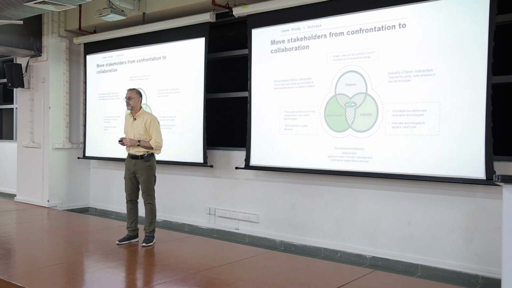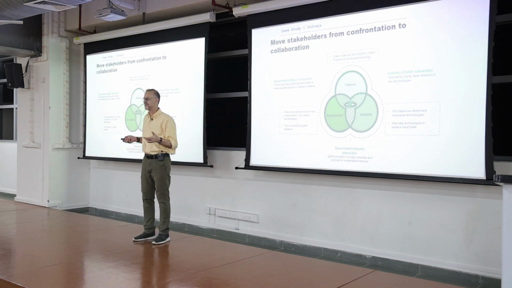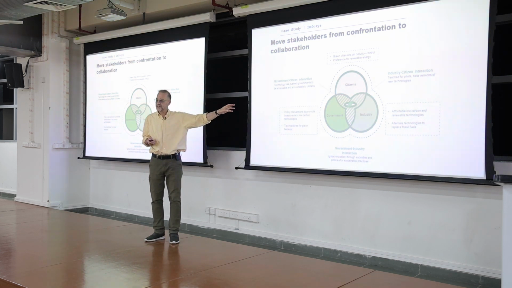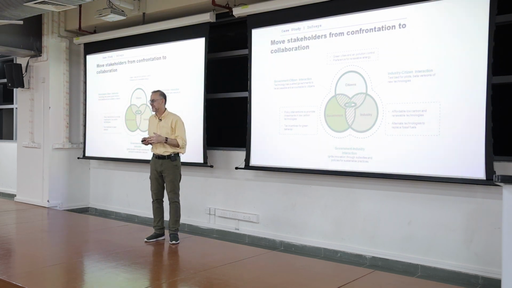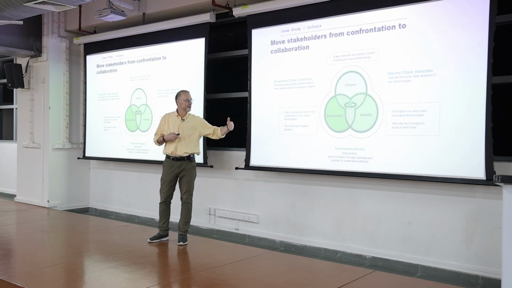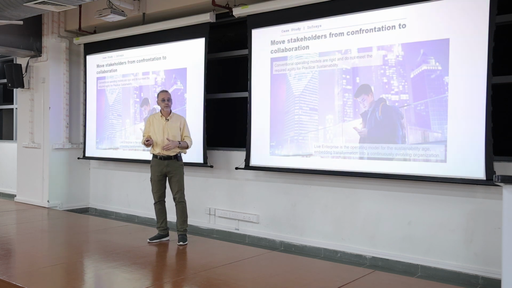What's absolutely key is to be able to move your stakeholders from confrontation to collaboration. How do they work together? How do they get along? And it's always a combination of citizens, government, and industry. And it's about diplomacy, and its ability to communicate, and its pain, right? So how do you talk to the government? How do they approve something? How do we come across it? But we always have these dynamics in everything that we do in life, but you have to get good at this in order to succeed. So we'll talk a bit about that.